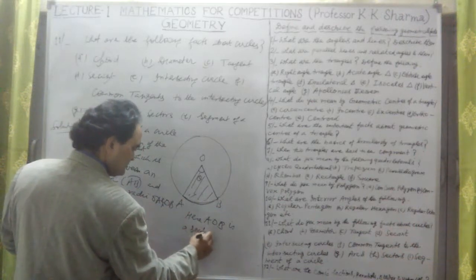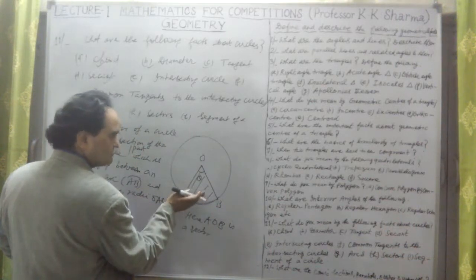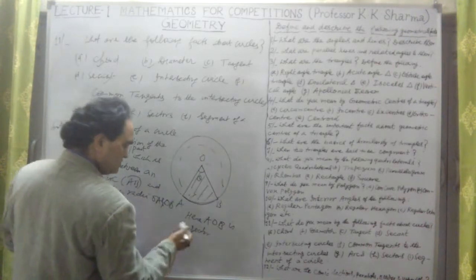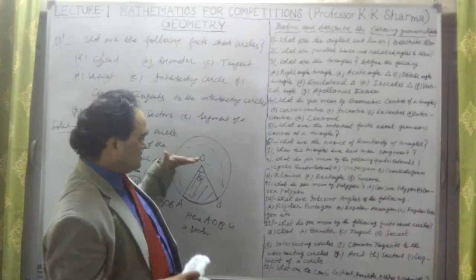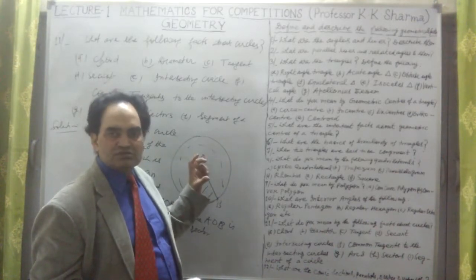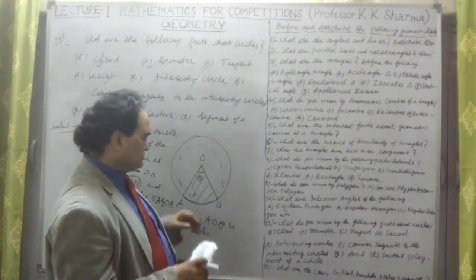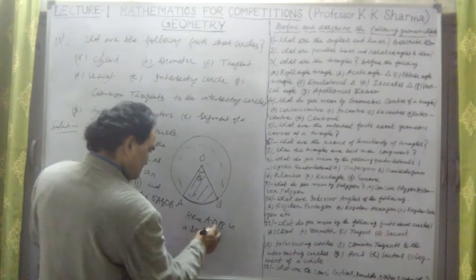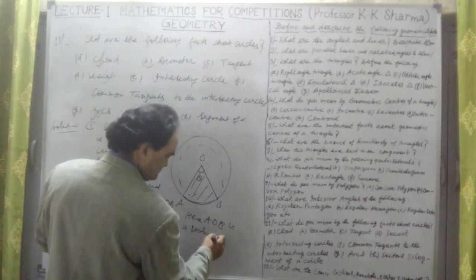Circle. This is a minor sector, this is a major sector, this other is also a major sector. There can be a major sector, a minor sector, and a half semicircle can give two equal sectors. There are two semicircles. So here AOB is a sector,